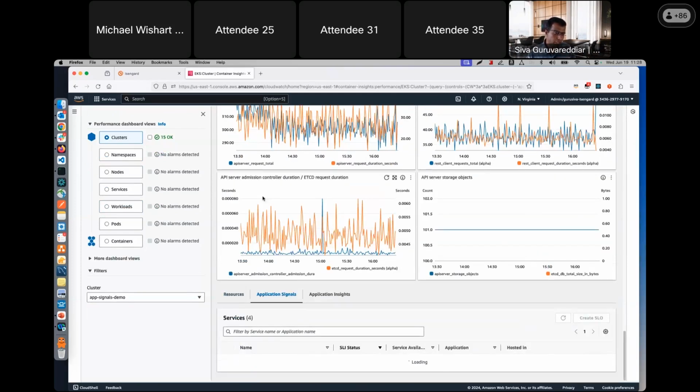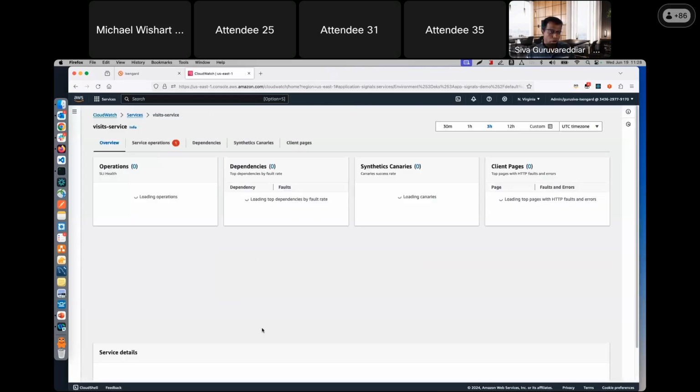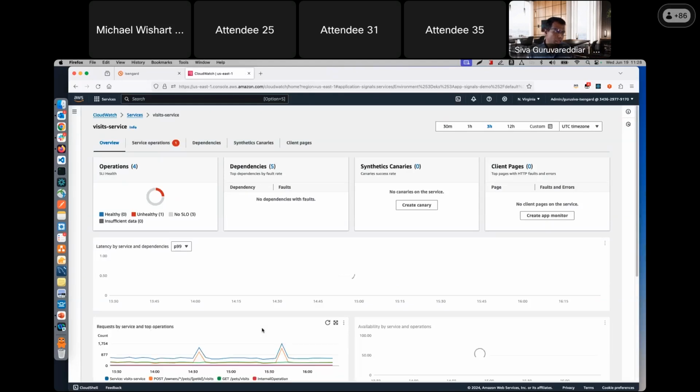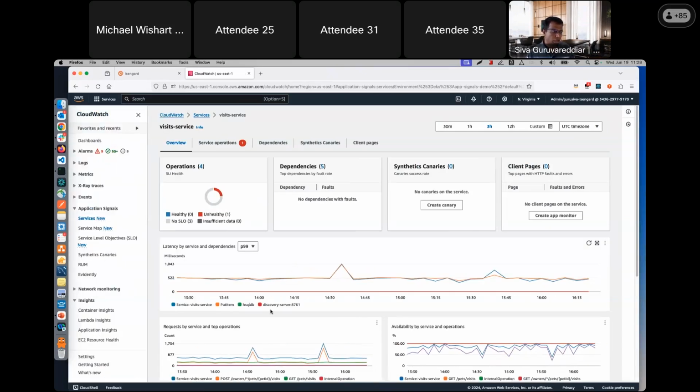So here, the second tab is the application signals tab. As a DevOps person, I can come over here and see, okay, some of the services are running unhealthy, so I wanted to dig down into what's going on. So I just click on it. It's going to take me back to the application signals page. So it doesn't matter whether you are starting from the application layer or infrastructure layer, you can traverse all the way, both application to infrastructure or infrastructure to application easily. And that way, you can get your end-to-end visibility in a very easy manner.